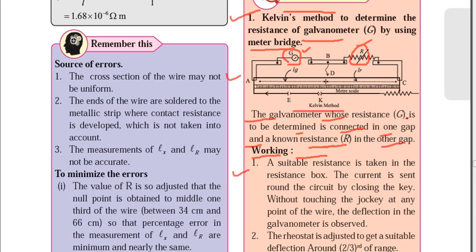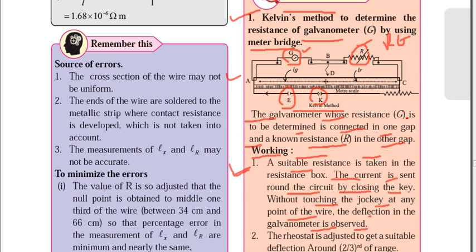So first point is, in working, a suitable resistance is taken in the resistance box. ठीक है, तो यहाँ पे वेरिएबल रेजिस्टेंस कनेक्ट किया हमने राइट गैप में, तो एक सुटेबल रेजिस्टेंस यहाँ पे हम चूज़ करेंगे रेजिस्टेंस बॉक्स से, and the current is sent around the circuit by closing the key. ठीक है, तो की को क्लोज करेंगे। After that, the suitable current will flow through this circuit from this power supply E. So without touching the jockey at any point of the wire, the deflection in the galvanometer is observed. ठीक है, तो उसके बाद जो डिफ्लेक्शन है गैल्वेनोमीटर में, वो ऑब्जर्व करेंगे हम।